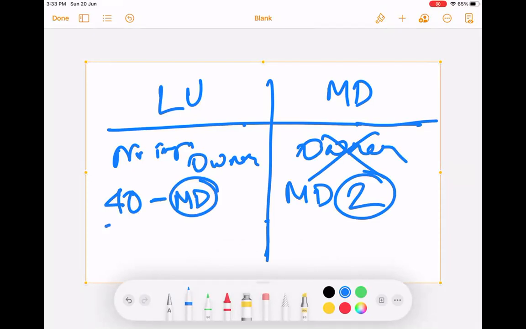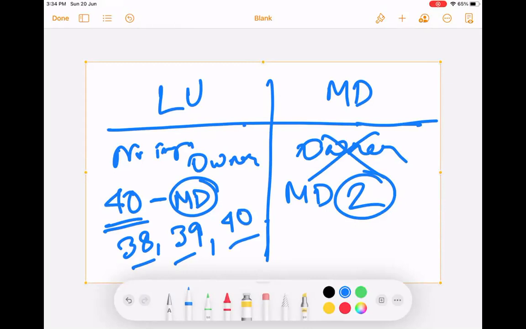So in total there can be 40 relationship fields. Out of that, maximum master detail is 2, right? So if you have created 2 master detail fields already, then you can create 38 lookup, or 39, or 40. So there can be 3 possibilities based on how many master detail fields you have created on that object. But master detail can only be maximum 2.